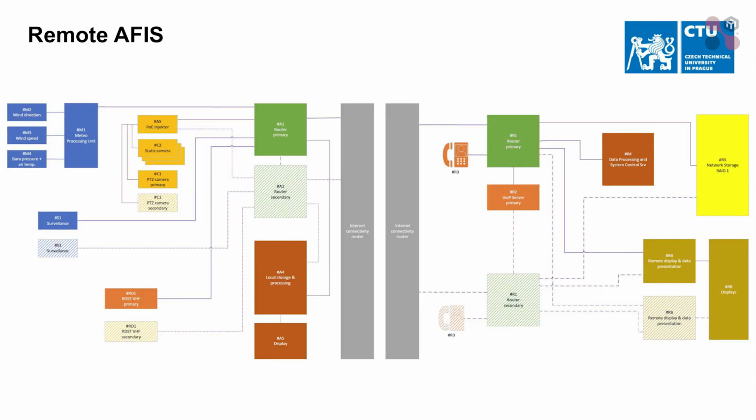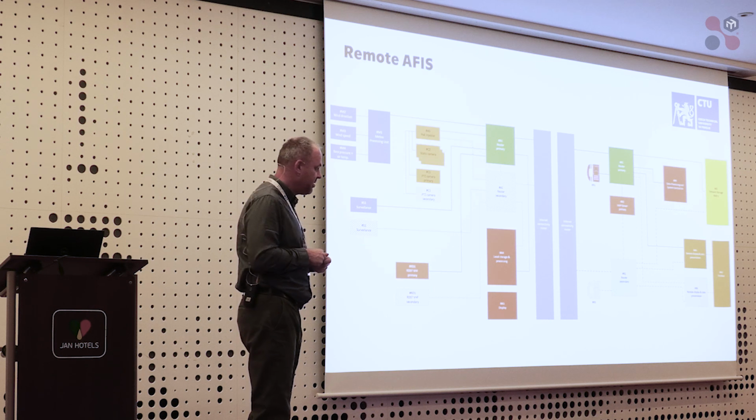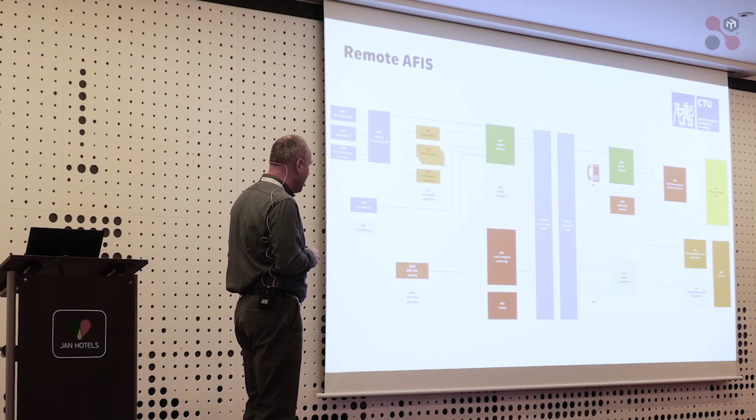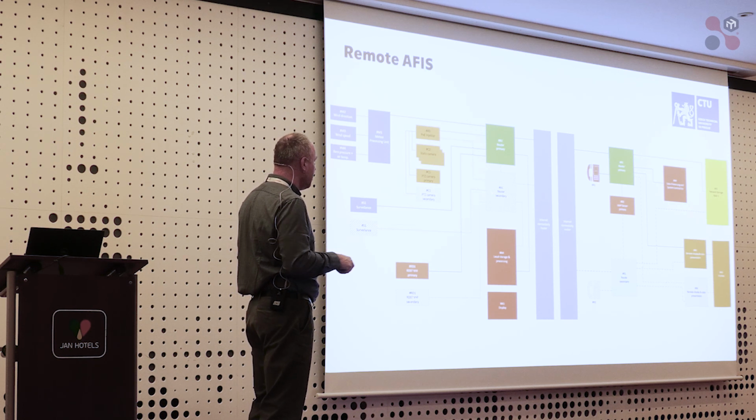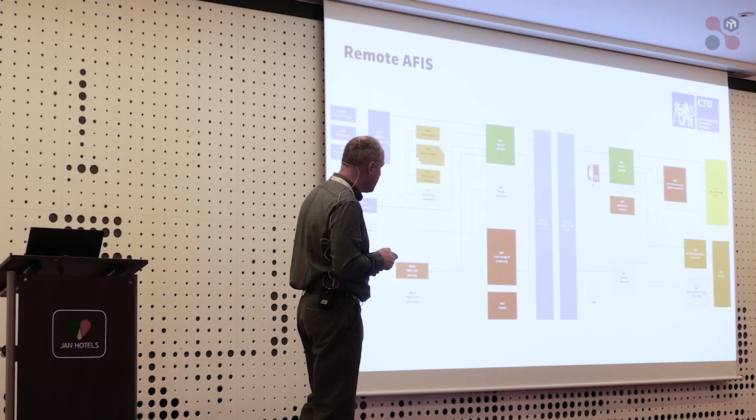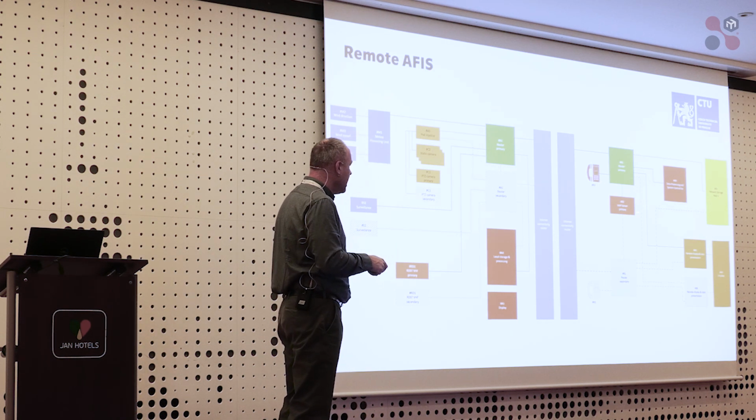So yeah, so that's remote AFIS. Then I forgot there is a little chart of how this is interconnected, but I understand that it's more for illustration because I don't have that much time to talk about that in detail. But basically we have a meteo station, a set of cameras, a router and a backup router, and on the server side, the radio is connected, radio and some of the surveillance data, through the voice IP server, basically through the voice IP technology,